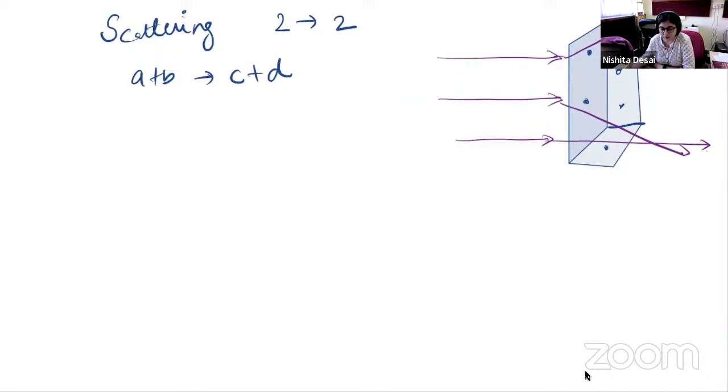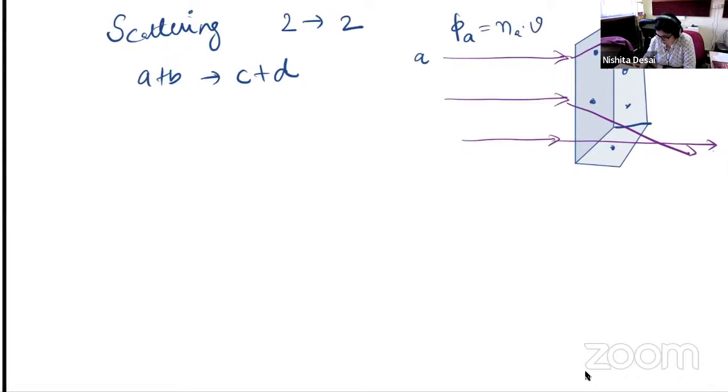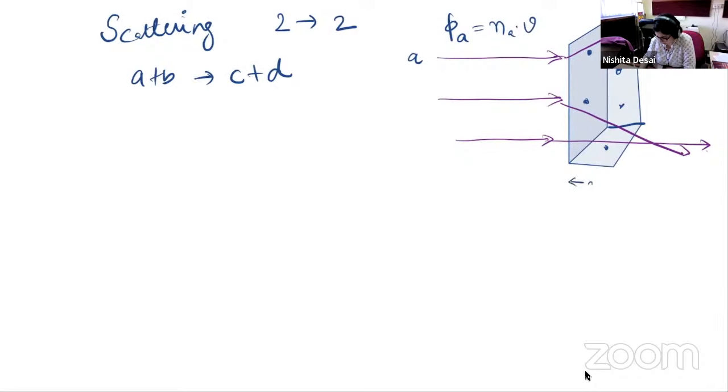So this is the generic picture of scattering, and if you have these particles A coming from here, then you can think of phi A as the flux, which is essentially the density of particles times velocity. And then you have this block, so sorry, it's a bit asymmetric, which has width d, and then the area is say A. Okay. Then you can write down the total interaction rate